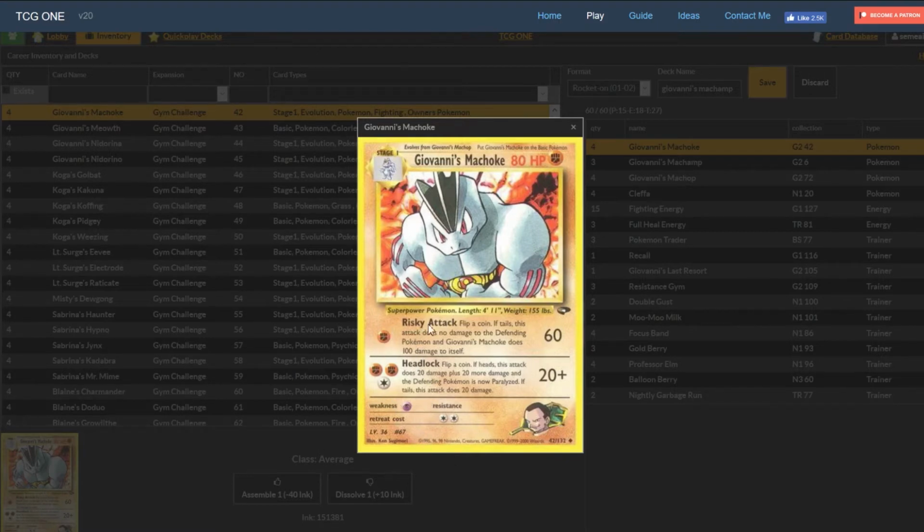But this first attack, Risky Attack, you're really never going to play it because you flip a coin. If it's tails, this attack does no damage to the opposing Pokemon, and Machoke does 100 damage to himself. So you either do 60 for 1 energy, or you kill yourself, basically. Now, if you have a Focus Band, it doesn't KO you,